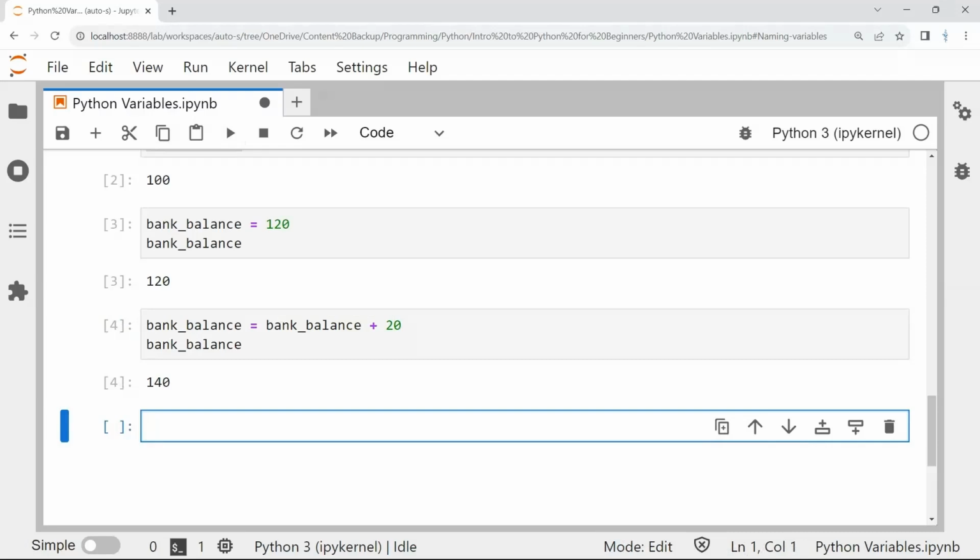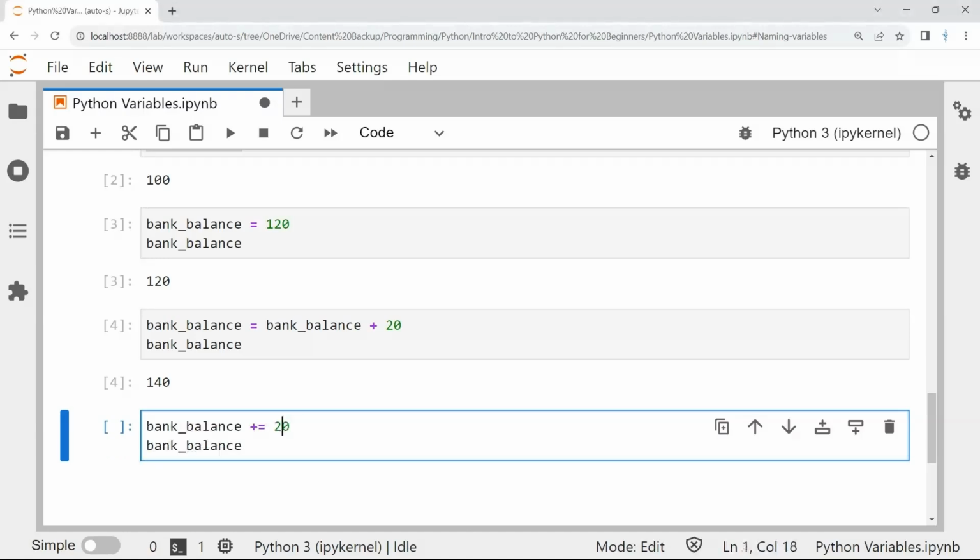There you go. Great. And there's a third way to do this as well, which is the short form of this expression that we just wrote. I'll copy and paste that in as well. So what we have here is bank_balance and then plus equal 20.